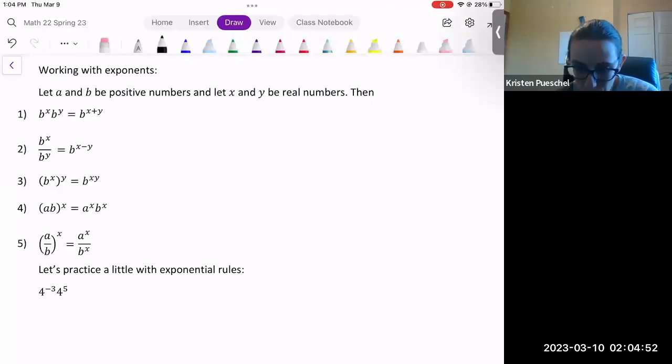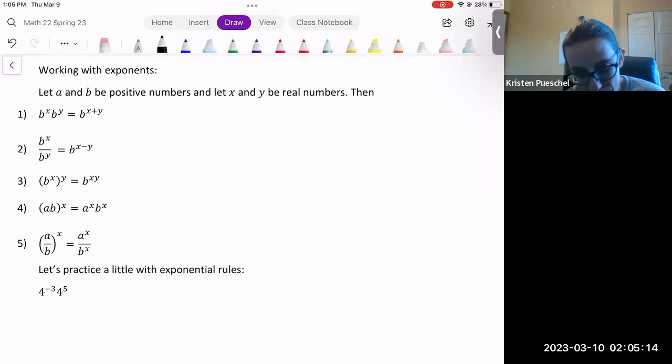Okay, so we have a couple of important rules for working with exponents that you have likely seen before. We're just going to review them and then practice them. So if we have that a and b are positive numbers so that they can be bases, and x and